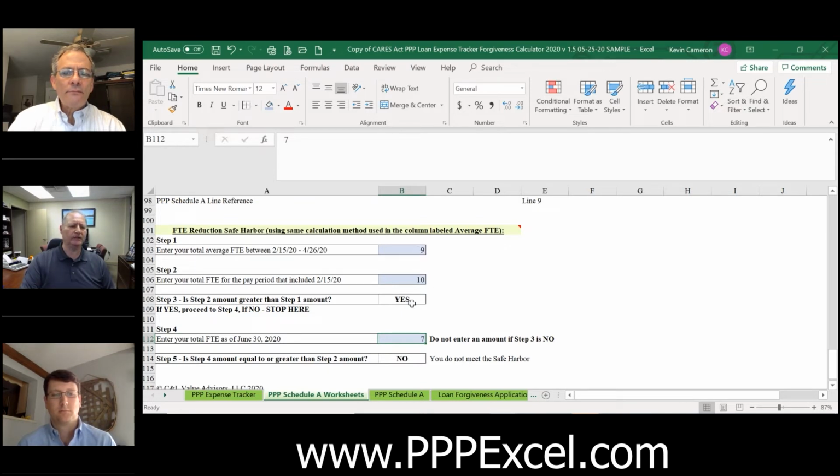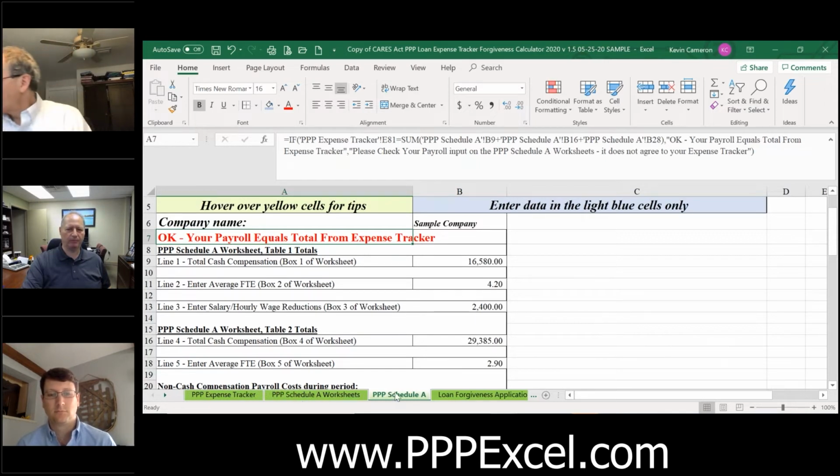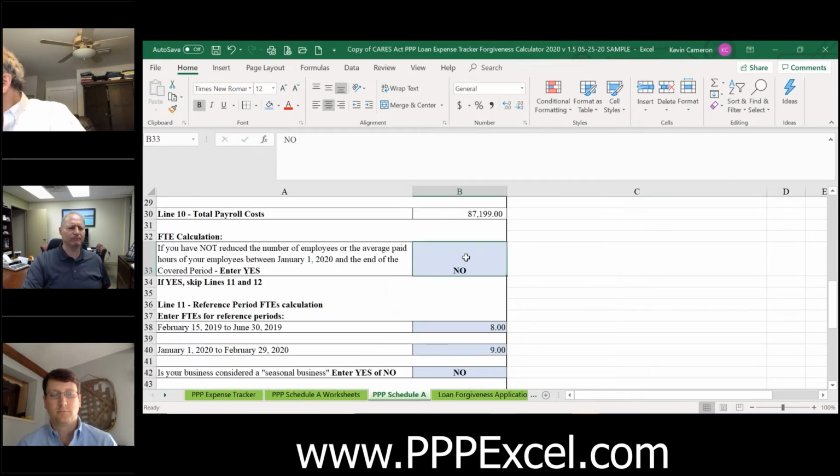So all of these dates are very important for the FTE measurement calculations, and we'll go to that. These numbers then flow directly to the PPP Schedule A worksheet, which is also part of the forgiveness application. And here, much of the data comes from the other two sheets. I want to emphasize that you really want to do these in the exact order they're in here: Tracker, Schedule A worksheets, Schedule A. But I do want to point one thing out, and that is this one safe harbor, if you will,